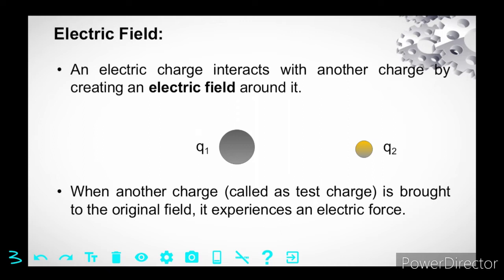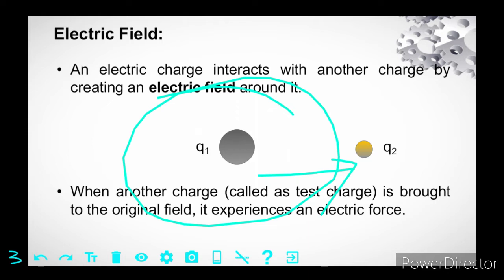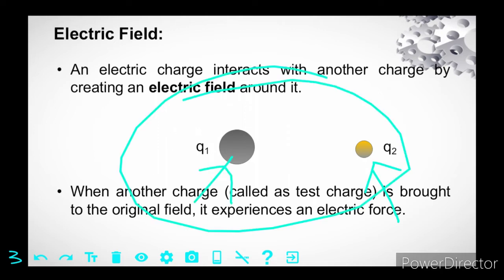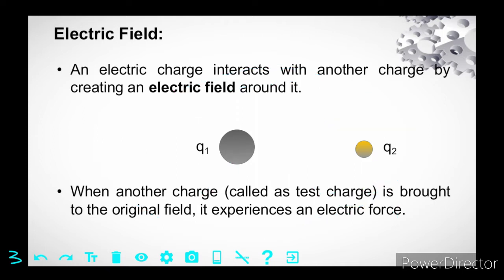So an electric charge interacts with another charge by creating a field around it. Is this clear? When a test charge is brought into the field created by this source charge, the test charge experiences an electric force.